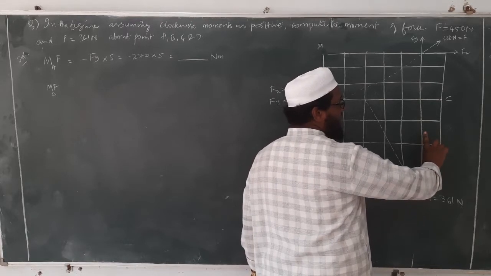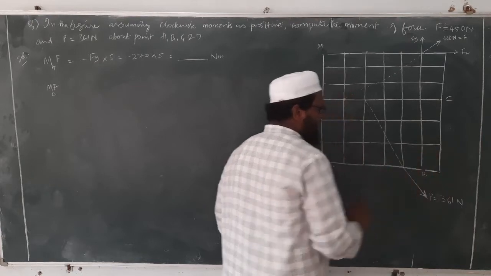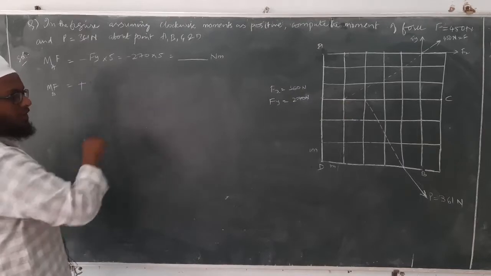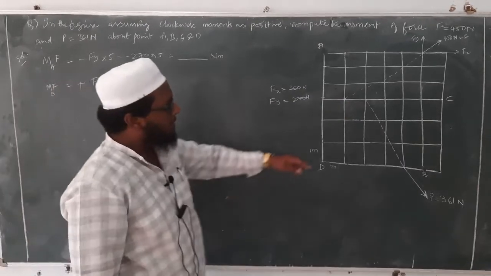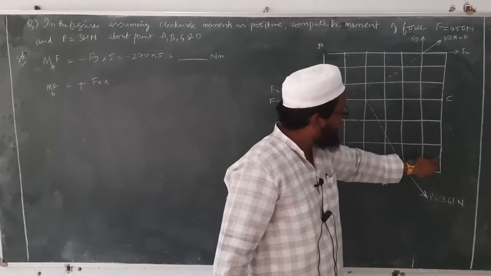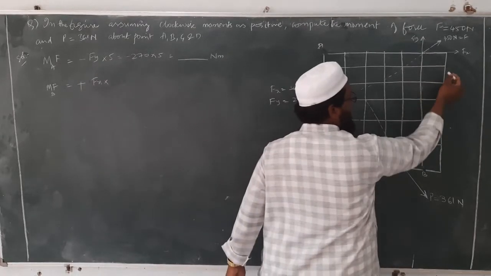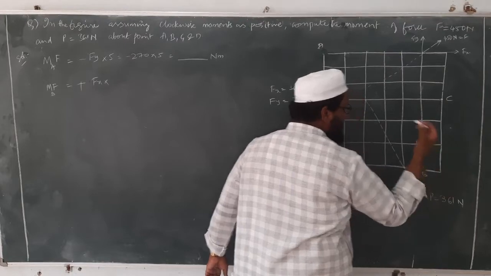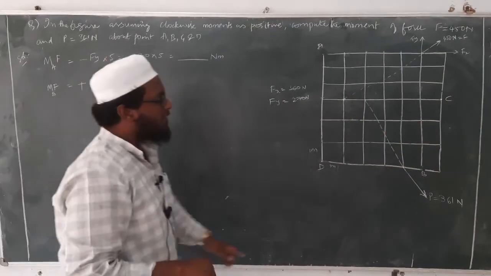Fx is going in. See the force Fx. My hand is trying to rotate in clockwise direction. So the moment is equal to plus clockwise Fx into the perpendicular distance. You see, 1, 2, 3, 4, 5, 6, isn't it? So from here to here it is 1 meter, 2 meter, 3 meter, 4 meter, 5 meter and 6 meters. So into 6. What about Fy?